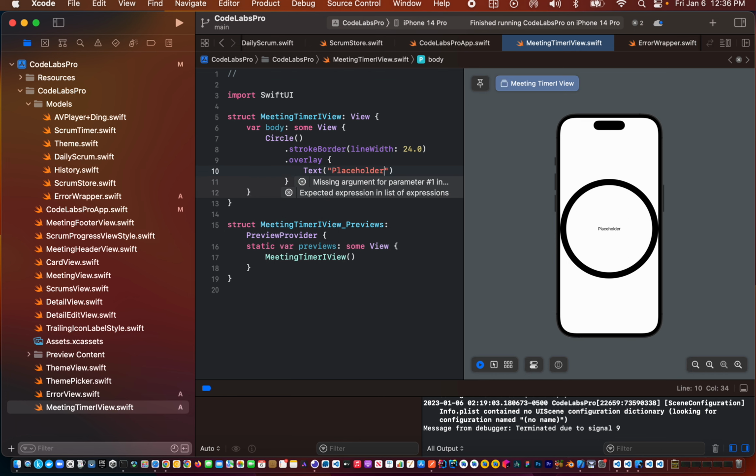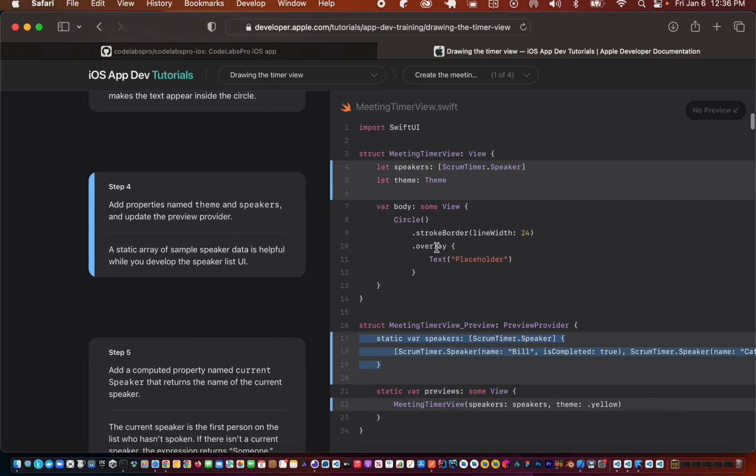Now we can add a property called theme and speakers and update the preview provider. So for the preview provider, we can update the speakers,